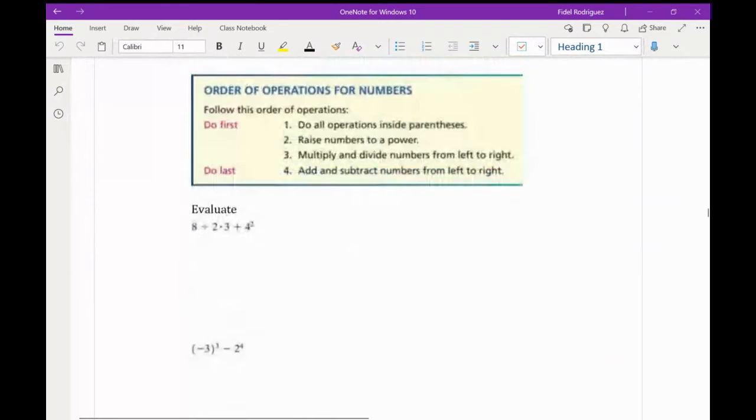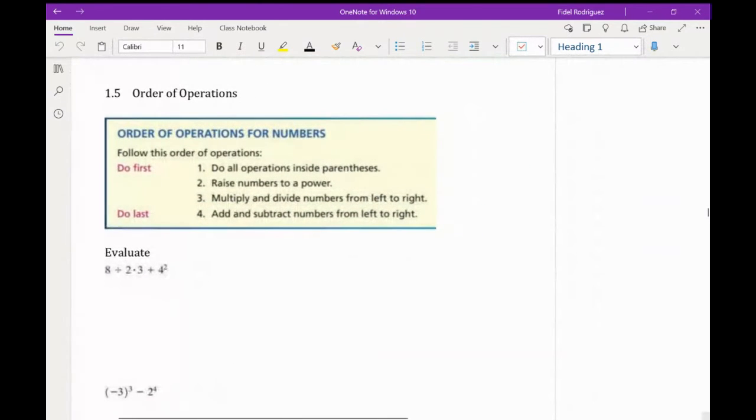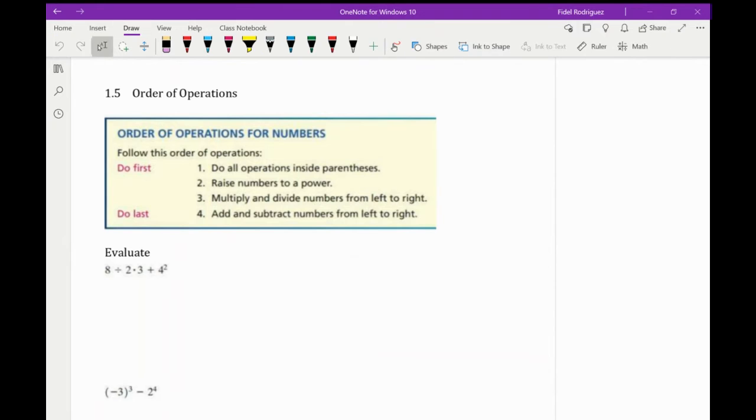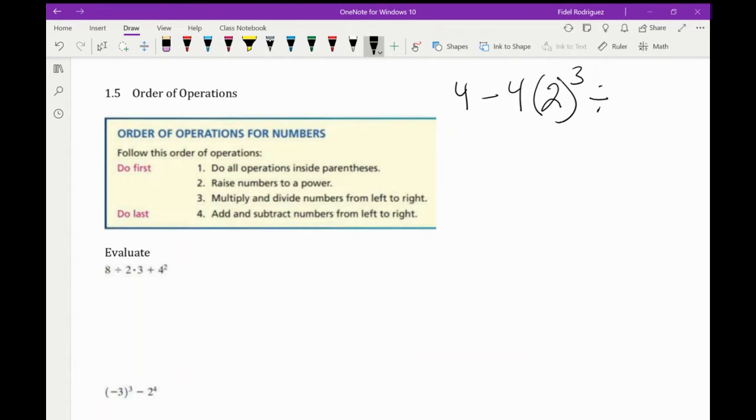So I think this is my section on 1.5 from the notes. And so what I'm going to do here is write down the problem that we had, and then we'll walk ourselves through it. So the problem we had was: 4 minus 4, and then parentheses 2 to the third divided by the number -8. And so, guys, when I'm doing a problem like this, I'm going to follow my order